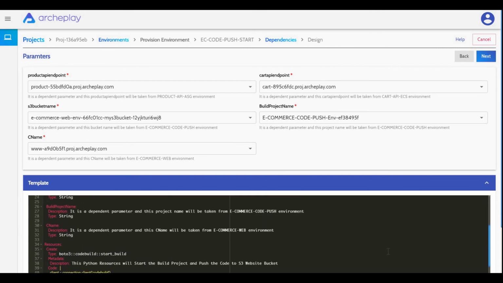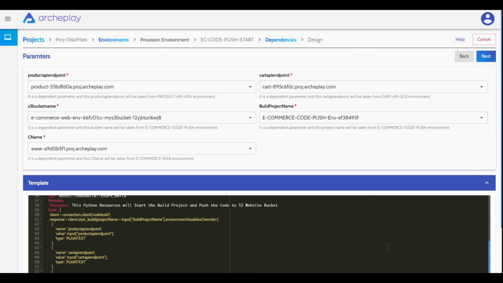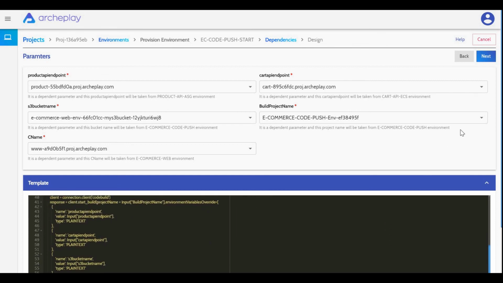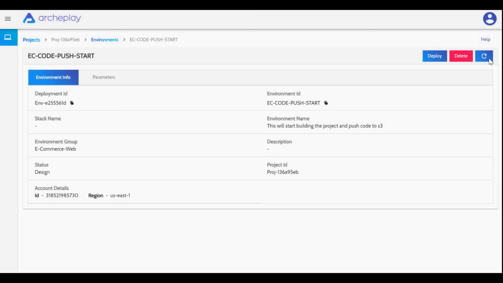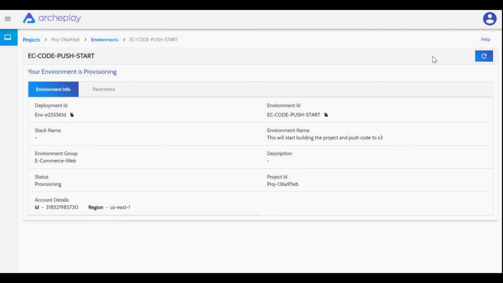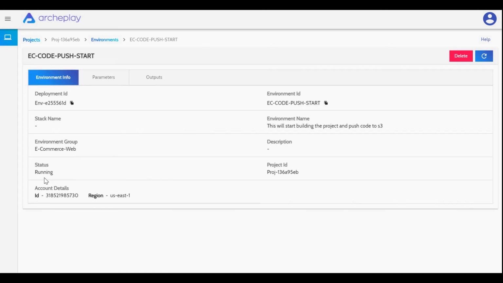This environment automation is written in Python. Review. Once ready, click on Next to review. Once reviewed, click Deploy. This is the last step for deploying the demo e-commerce application. Wait for the environment to be in a running state. Once e-commerce code push start is in running state,